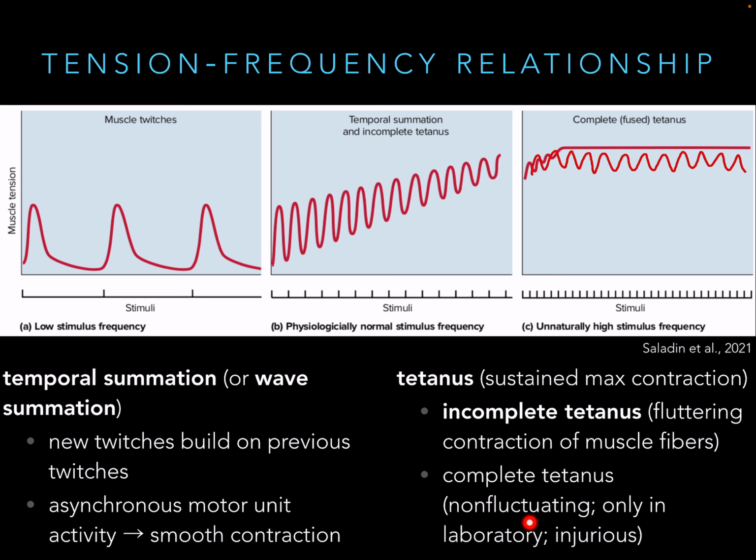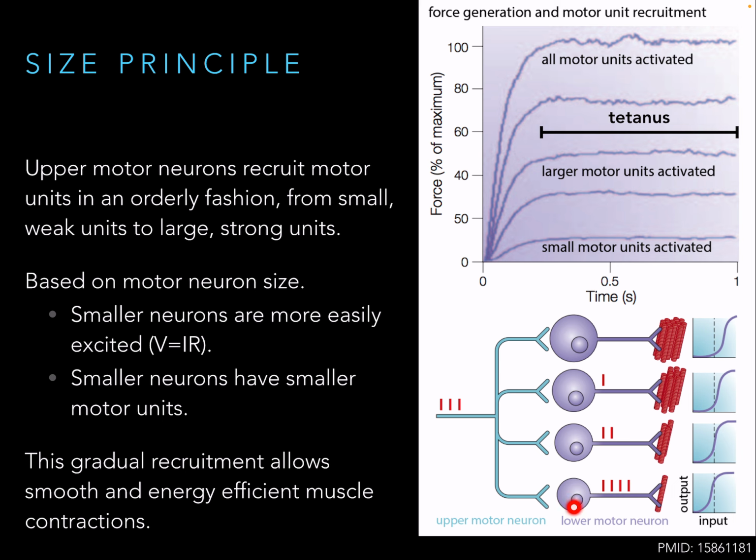Now, the reason that this works is because the lower motor neurons, as we can see down here, in this cartoon, vary in size. Some are smaller, and they relate to smaller motor units. Probably because they're getting less neurotrophic support, and so they don't grow to be as big. But why does that matter? A smaller neuron has